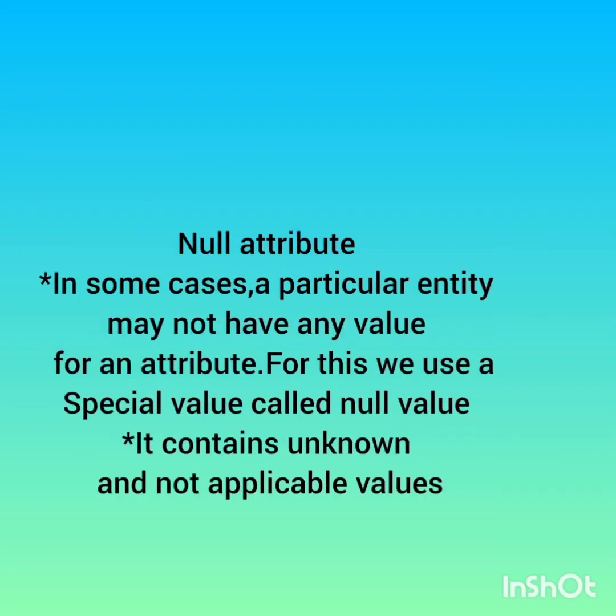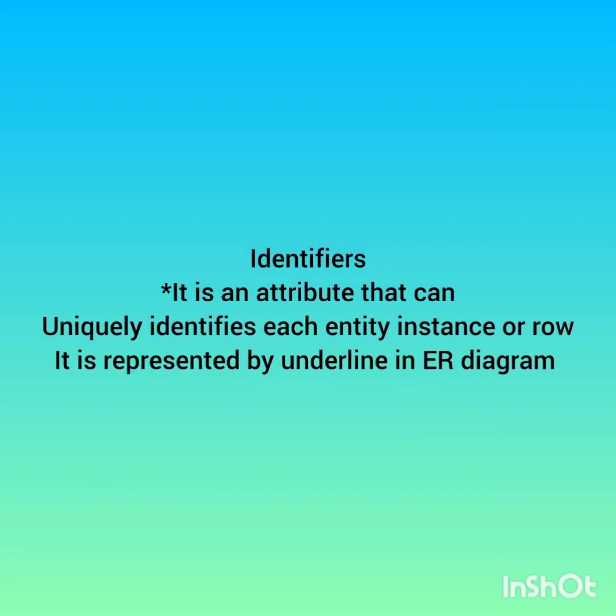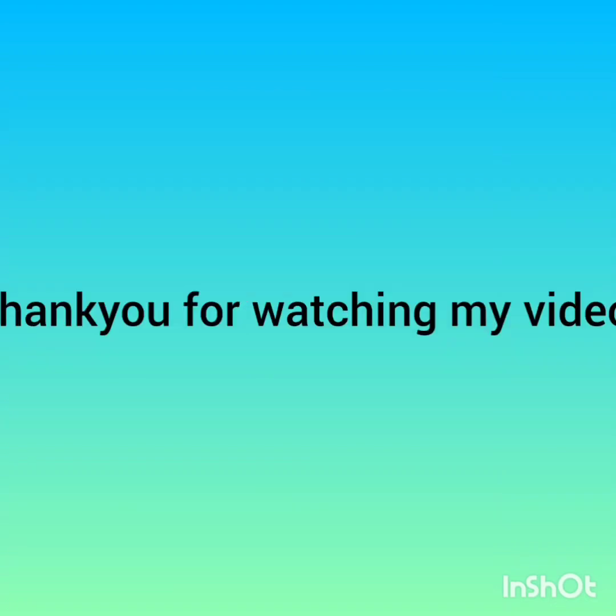Null attribute. In some cases, a particular entity may not have any value for an attribute. For this, we use a special value called null value. It contains unknown and not applicable values. Identifier. It is an attribute that uniquely identifies each entity instance or row. It is represented by